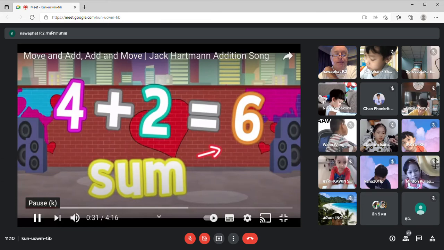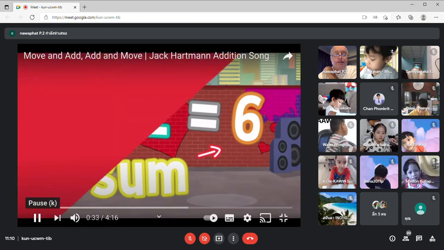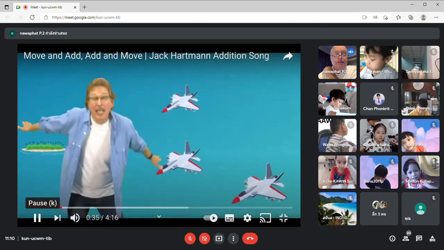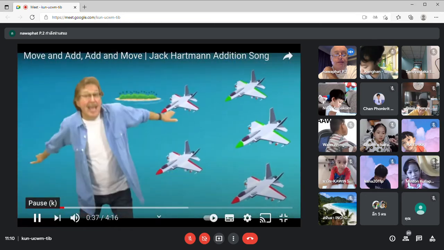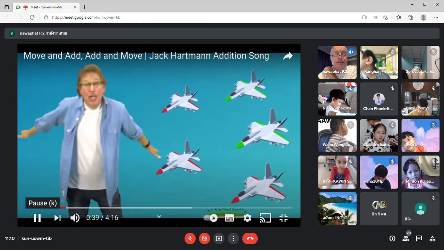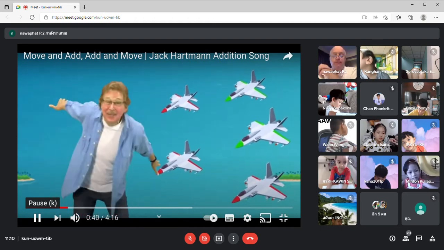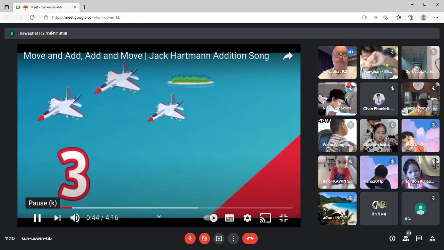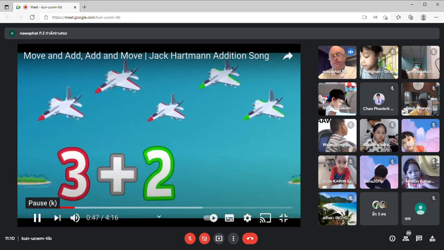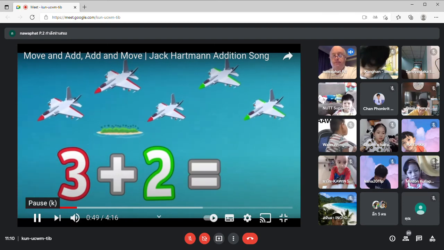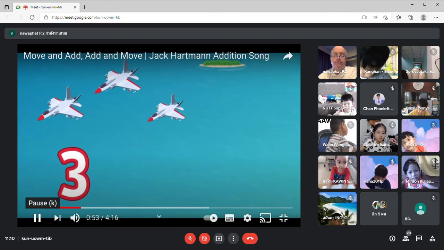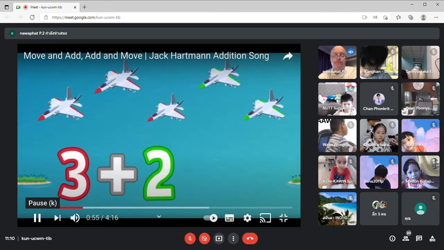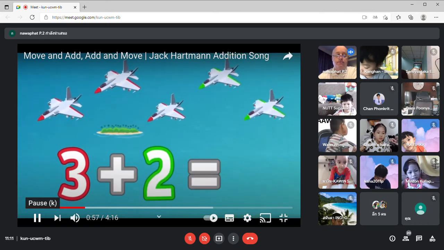Always get the sum. Here are 3 jet planes, here's how they move. Add 2 more jet planes, show me what they do. Add and move. 3 plus 2 equals 5. 3 plus 2 equals